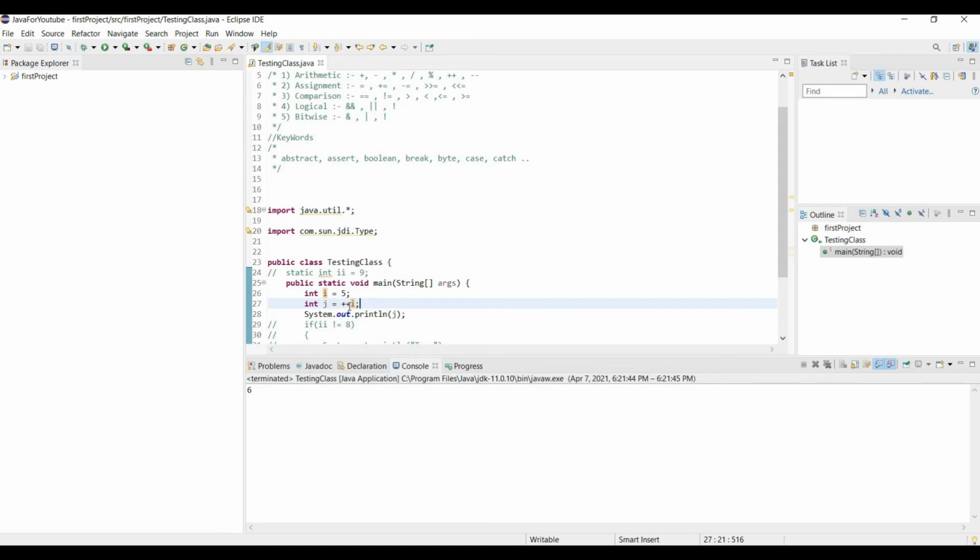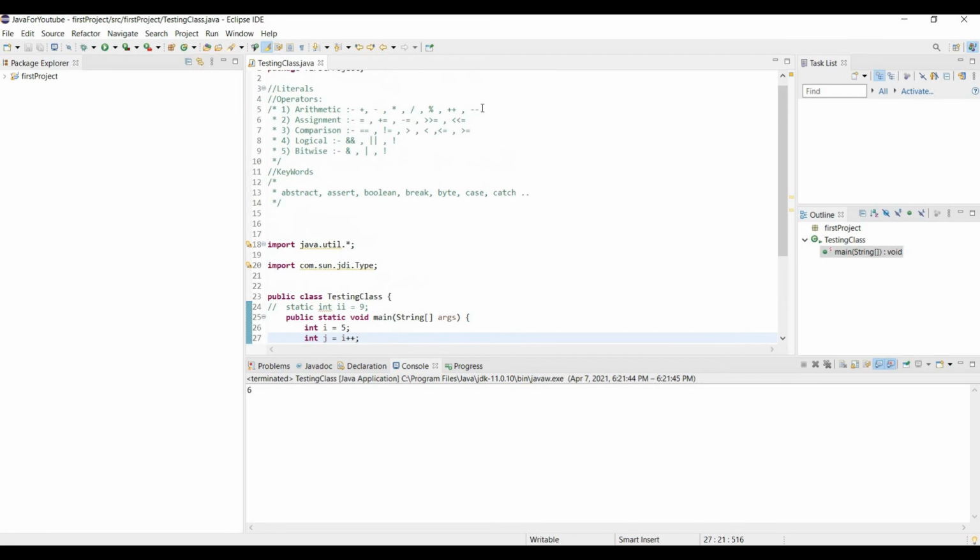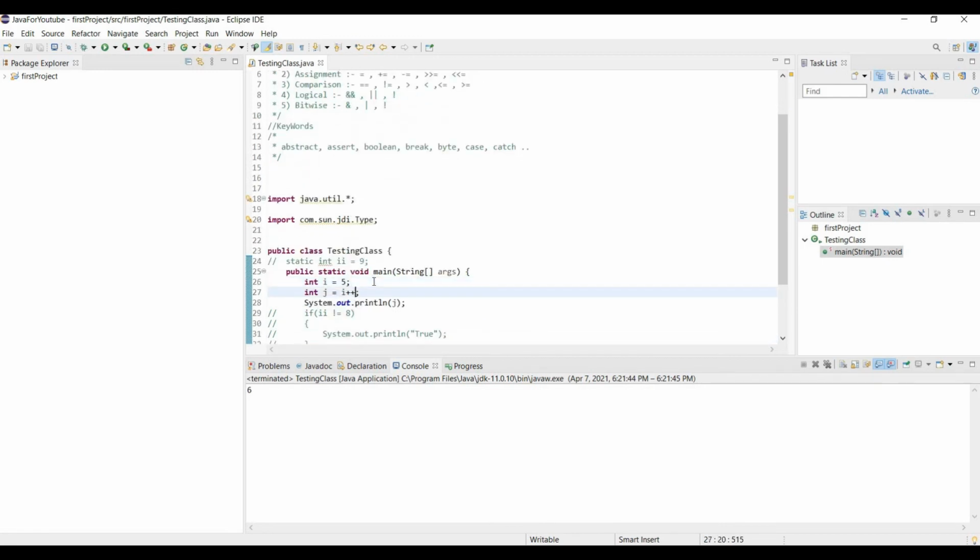These are the technical words you must remember. This is pre-increment and this is post-increment. Okay, and this is decrement operator. So both are same, decrement and pre-decrement.